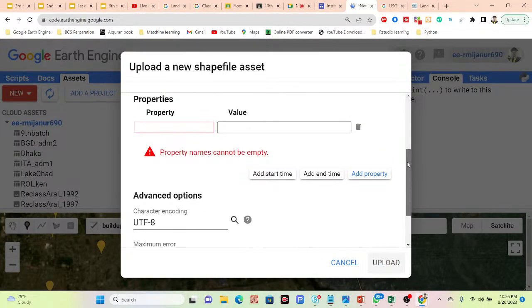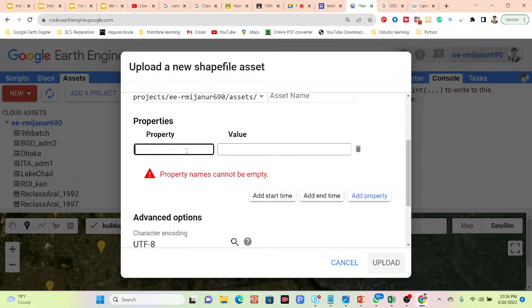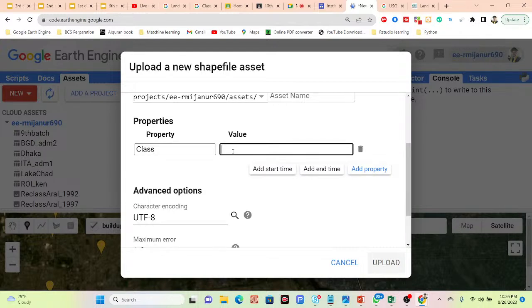Suppose I take the 10 training points in my Excel file. I just simply put the property, it will be class. And suppose I take the training points for the water body. All of those water body points I consider as a 0. So now it will be pre-categorized as a 0